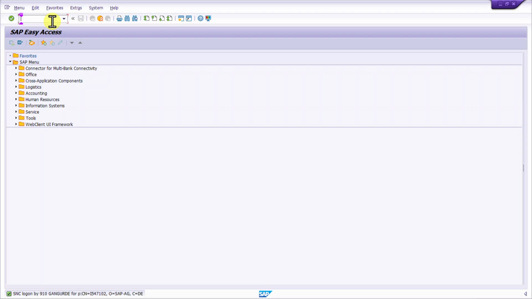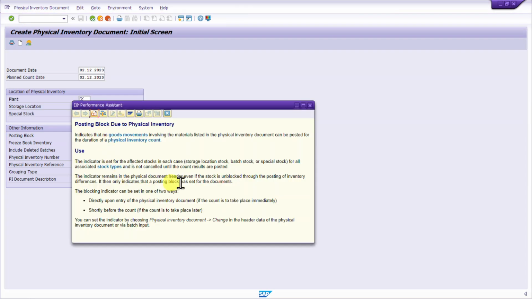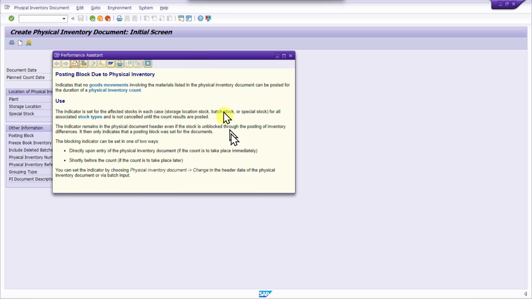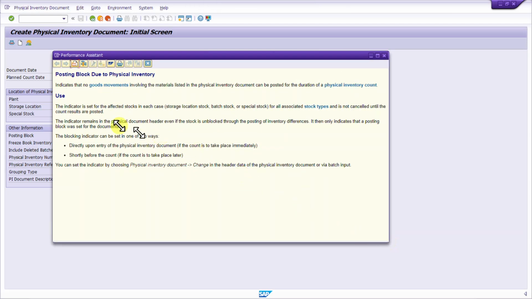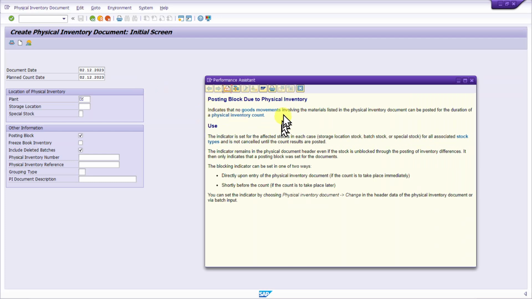there is an indicator in physical inventory, so I will show you that indicator. If you run the physical inventory T code, there is this post block tick. So if we check this tick, what does it say? It indicates no goods movement involving the materials listed in the physical inventory document can be posted for the duration of the physical inventory count. So it means goods movement for this particular material will not be done during the physical inventory count